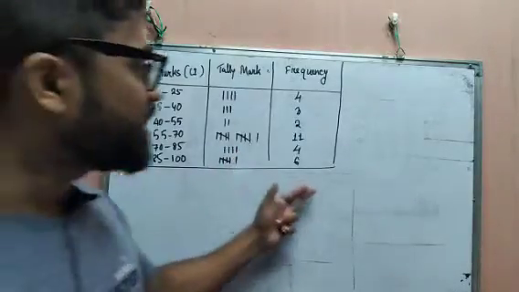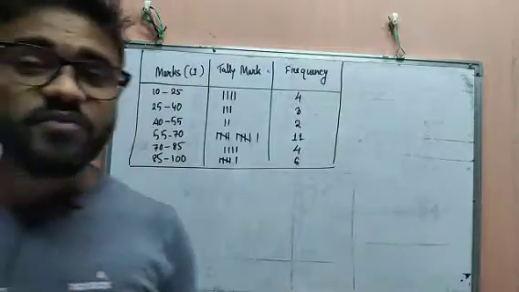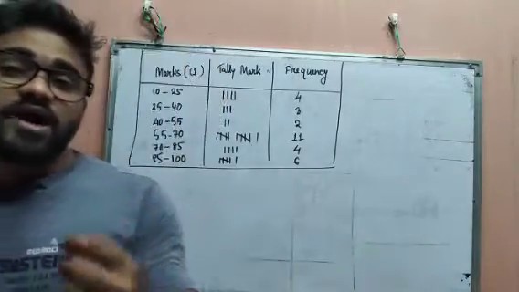So up to here you have learned in the previous exercise. Okay, so what is the new part? The new part is what? We have to put this in a bar graph or in a histogram.